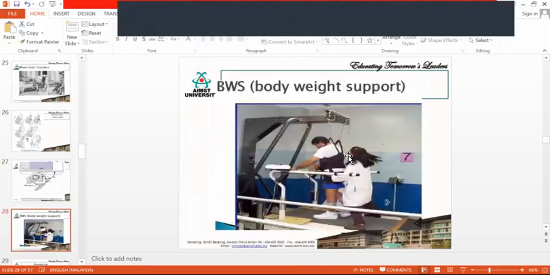This is called a hydraulic lift, where you can see the patient's body will be completely supported by the belt, and the belt will be attached to the high equipment. Like a crane, it will be lifting the patient, the same way cranes lift heavy objects. The patient will be given a lot of belts attached to the lift, and the hydraulic lift will just lift the patient. Here, what they are doing is trying to mimic walking for this particular patient.